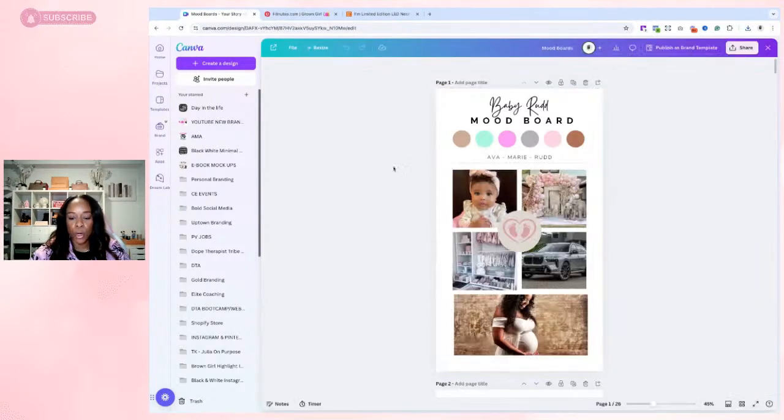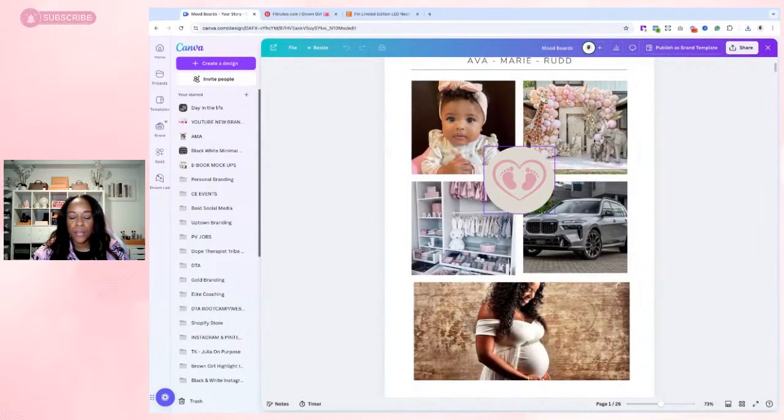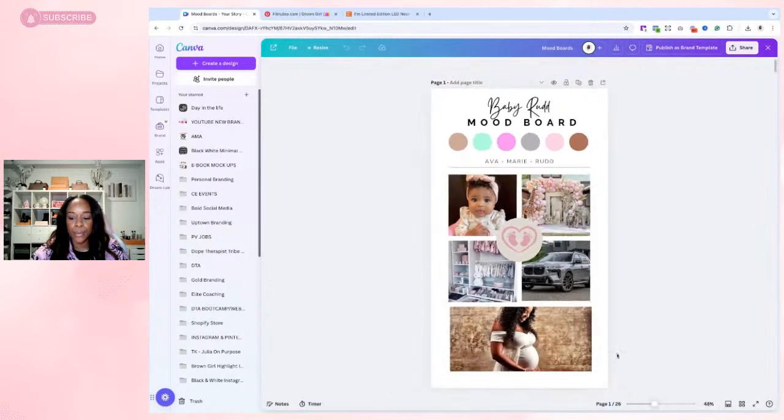So this was my mood board for one season, pregnancy. I still want a baby girl, kind of thing. I put the picture of a baby shower. This is the car that we have, but at one point I was like, well, what if we just got a third seater one? But it also represented the colors that I was feeling in that moment. So that's an example of a mood board.